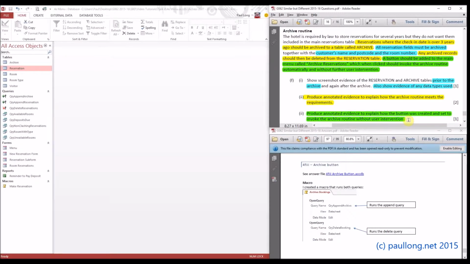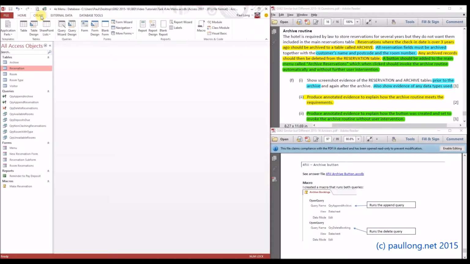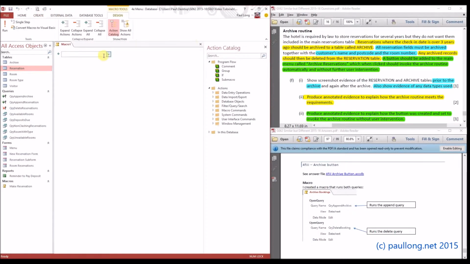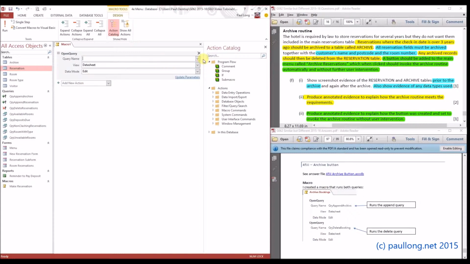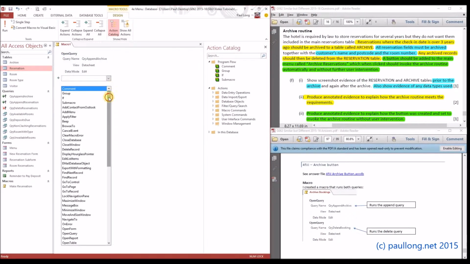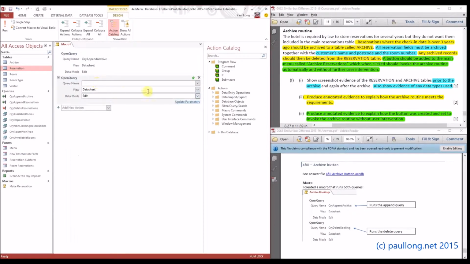without user intervention. So we've got the two queries, and basically we want a macro that will join those two queries together and run them. So we're going to create a macro, and the macro will start off by opening a query, and the first query that it will open will be the one that appends the archive, and then the second query it will open will be the delete, so one that deletes the reservations. We'll save that macro as archive routine,